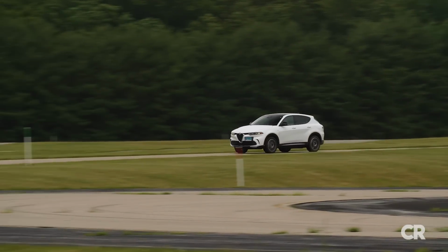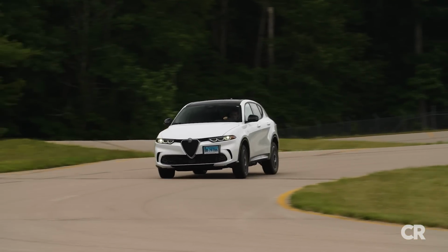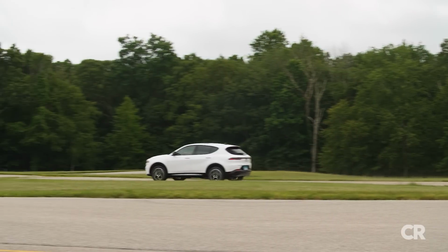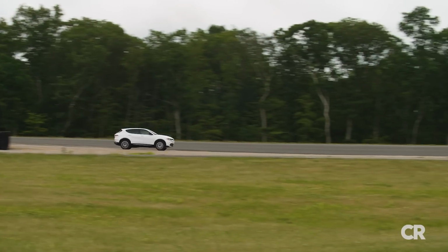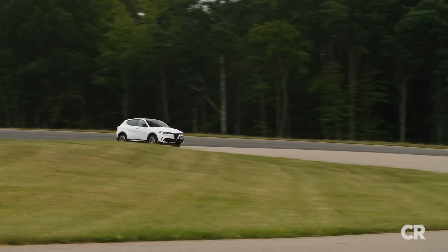Which I guess when you get on it, you can start to notice that it does have that power. But when you're meandering around daily, you might think it has less. Yeah, it feels weak. I agree. But if you mat it, like I did getting on the highway at one point, it got up and went. It wasn't gobs of power, and you're not getting weird wheel spin from the front because it's not driving the rear. You don't feel like it's waiting to kick in. I believe I was noticing EPA 29. I was seeing maybe around 30, but I did a lot more highway